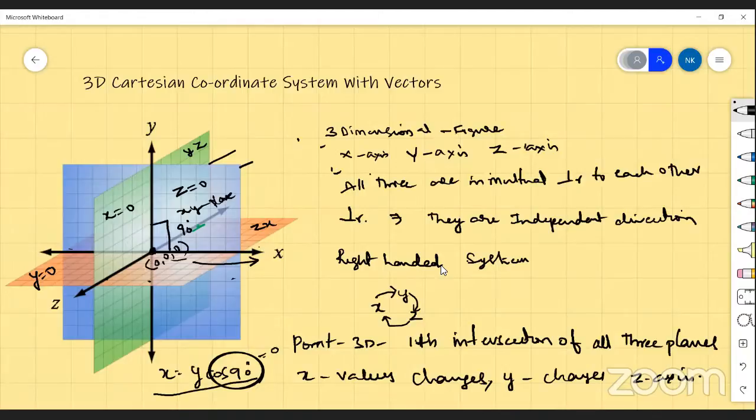Okay. So now, in order to represent the direction of movement, let us say a body is moving along x-axis, whether it is negative x-axis or positive x-axis, and the body is moving along y-axis, and the body is moving along the z-axis. Suppose somewhere the body is moving in any other particular direction. In that case, you have to represent it with vectors. So how do you represent the vectors?